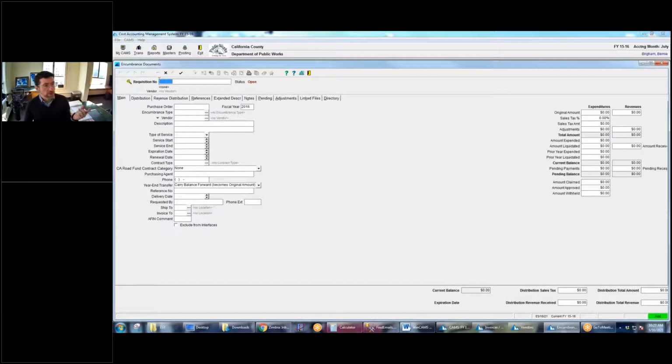So the encumbrance is kind of interesting. It's got a requisition number, and the reason for that is because people told us that first of all, we don't always have a purchase order number, and we may just be requesting a purchase order, right? We may be saying, hey, I want to spend $10,000 with Ayren. So I'm going to request that I get a purchase order. I don't have a purchase order number yet, so my requisition number